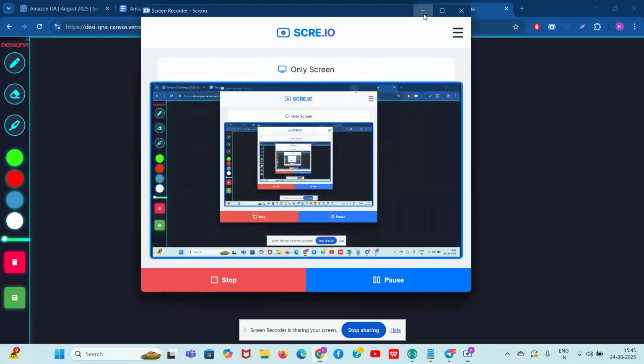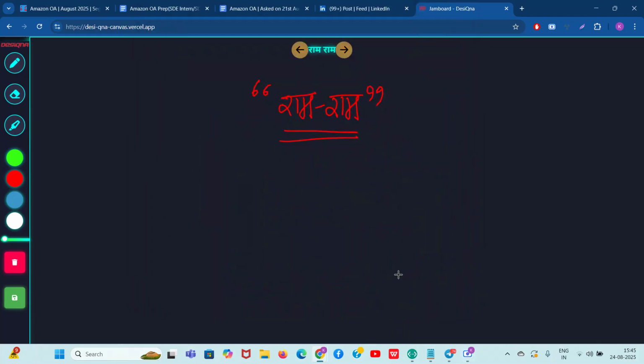Ram Ram. Hello guys, with the name of God, Ram Ram. I know that many students are giving their Amazon online assessment for SD intern, SD1 and SD2 roles. And in August 2025, Amazon has started asking very hard questions. These questions are hard unseen problems, and this should be clear in your mind.